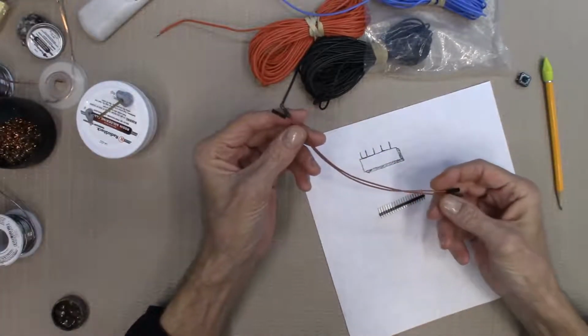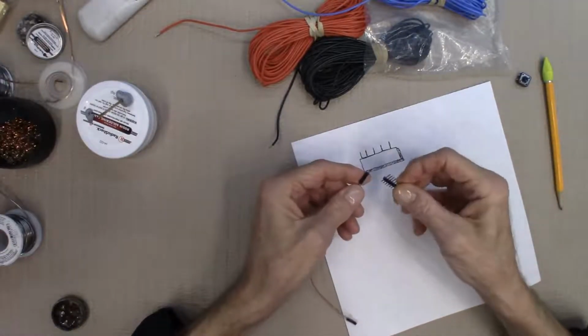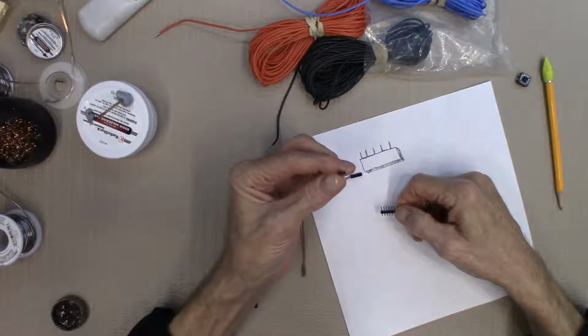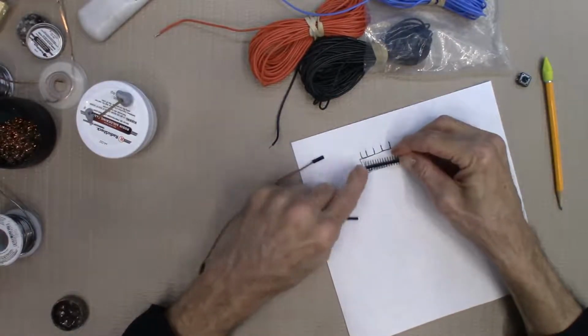These are the Arduino or breadboard wires. Some come with the pins like this, and some come without. This is the females, these are the males. And then if this were to be